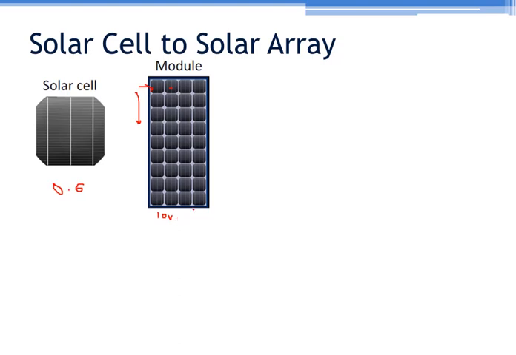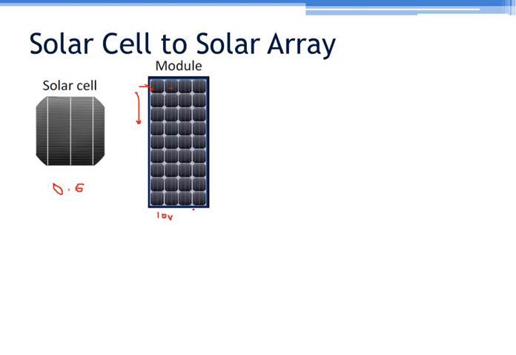When you go to the market, you will get solar panels of few watts to higher watts. Here I am considering voltage rating, that's why I said 10 volt. But in reality, when you buy a solar panel, it will have current rating, voltage rating and power rating, and there will be warranty parts also. So a solar module is a combination of solar cells arranged either in series or parallel to give more voltage and current or power rating.